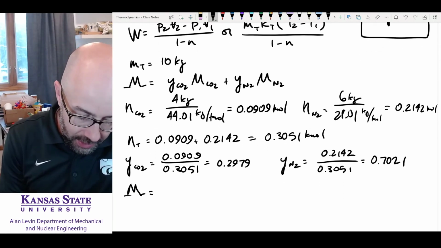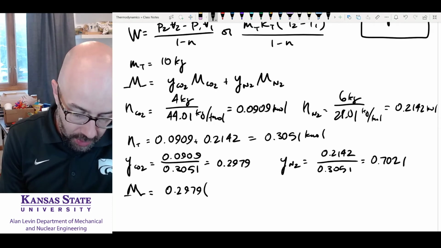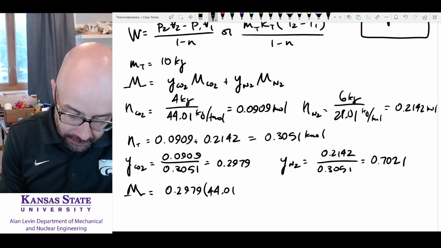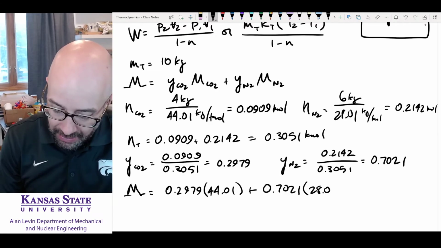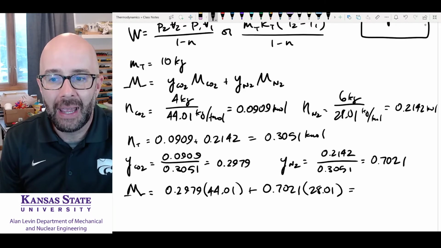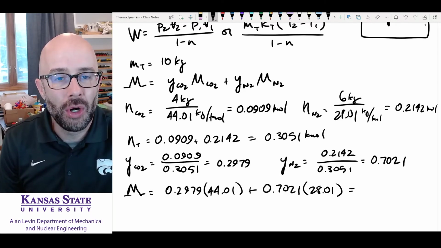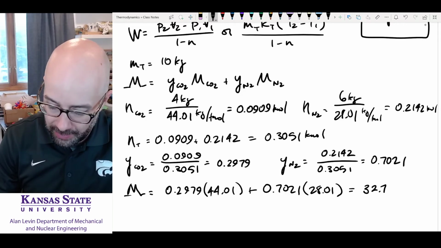That's going to be equal to 0.2979, or 0.79% of the molecular weight is going to be 44.01, and 70.21% of it's going to be equal to nitrogen. So we're going to lean heavily towards the nitrogen's weight, so we should be somewhere in the high 20s, low 30s, and what it ends up here is that it is actually equal to 32.78 kilograms per kilomole, which makes